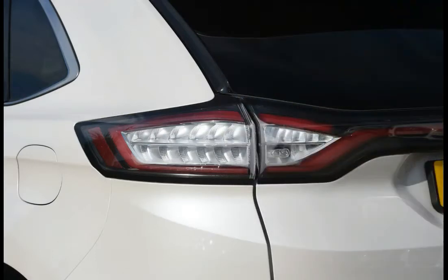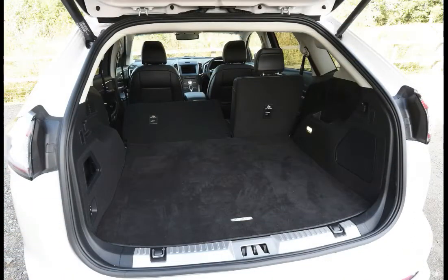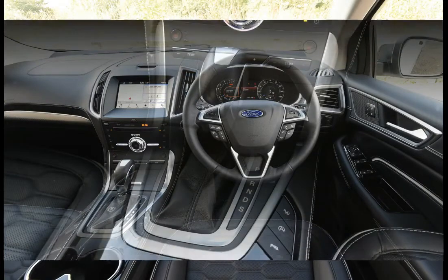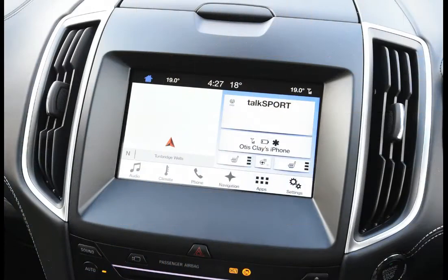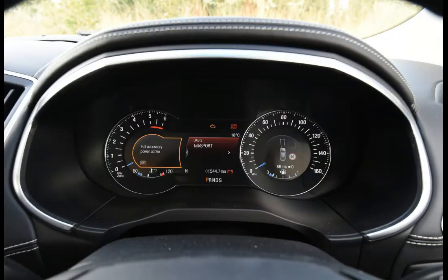The Edge Vignale comes in a couple of flavors, both four-wheel drive. The more modest version has a 178 bhp 2.0-liter diesel engine and a 6-speed manual gearbox. The range topper we're testing here gets a more potent 207 bhp twin-turbocharged version of the same motor, and a